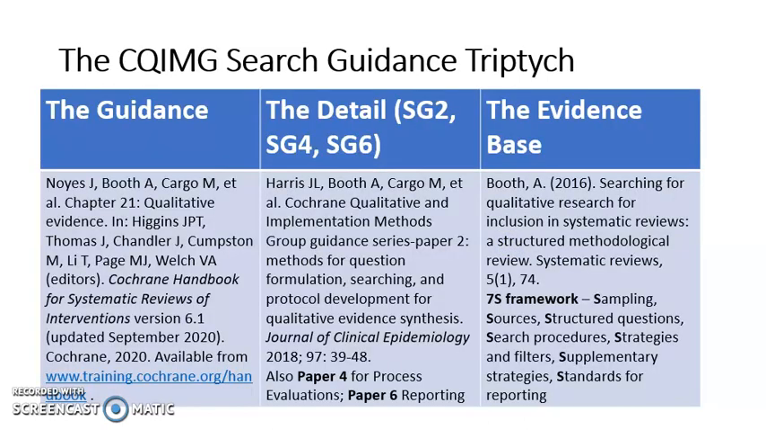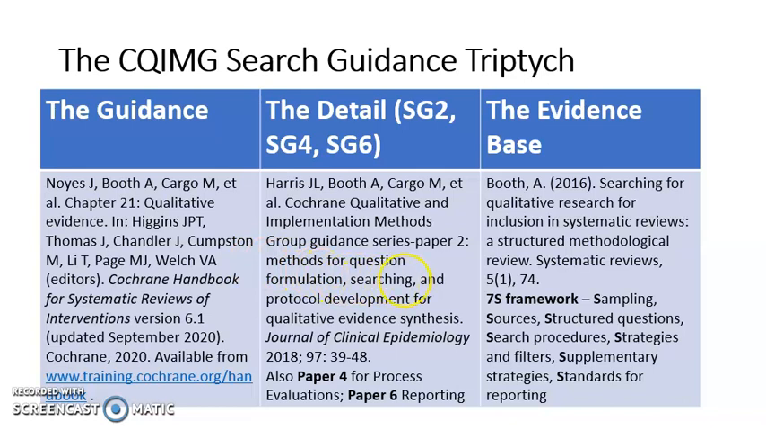Now, when we speak about guidance for the qualitative evidence, then we're actually talking about three related sets of documents. We're talking first of all about Chapter 21 of the Cochrane Handbook on Qualitative Evidence, and this covers the whole process of reviewing qualitative evidence, and searching comprises a short section of this. We then went into more detail in